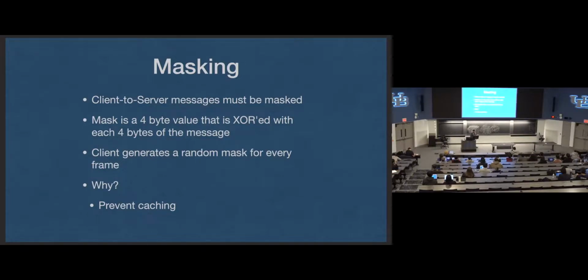I don't want to talk about masking right now. I should remove these slides from this one. It's a Wednesday topic, but I'll do it really briefly. The message that's being sent is going to be XORed with some random bits, and that's, again, for randomness. Every message, even if you send the same message 20 times, is going to look different each time. It's going to be different bits, and that's going to avoid any caching potential.